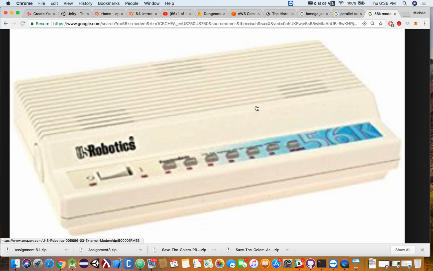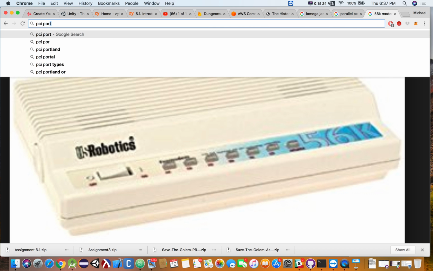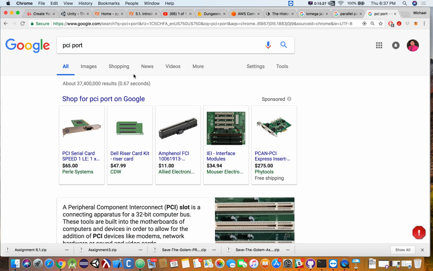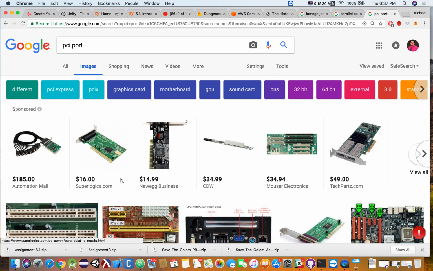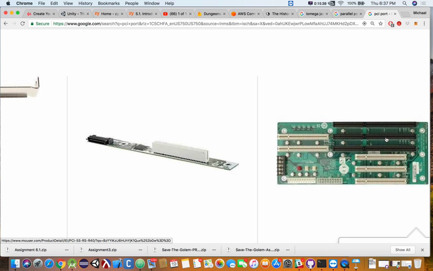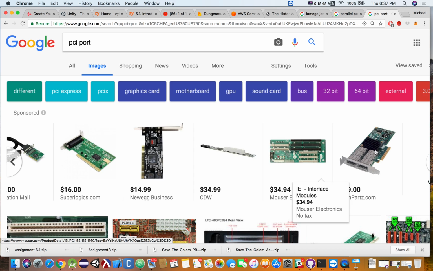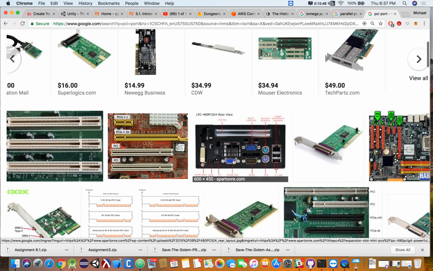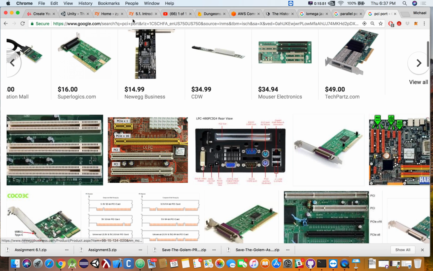Now, what was older than PCI ports? None of you guys are getting hired at the computing museum. So this is inside the computer on the motherboard. A PCI port would be a white port on the motherboard. Yeah, it looks like this guy. That's a PCI port. These are PCI ports. What are these guys? Oh, actually, those are RAM ports. Sorry. That's actually not what I wanted to show you, but I'm going to do a search here.